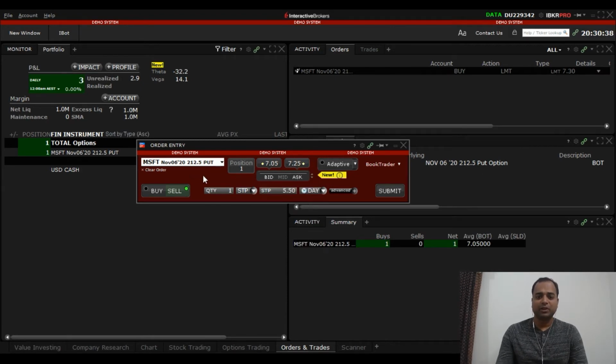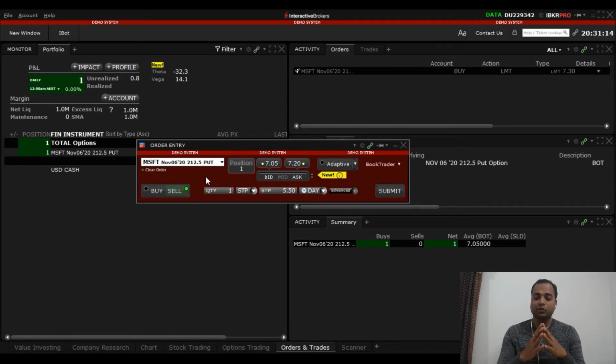Okay, so if I put a stop loss order of 5.5, this basically means that the contract will be sold if the price comes down to 5.5. If it is above 5.5, I don't have to worry at all. The contract will still be open. I will still be in some profit. Let us say it came down to 5.8. Even in this particular case, the contract will remain open because my stop limit is 5.5. So I will have a few losses, but it has not yet come to my stop loss.